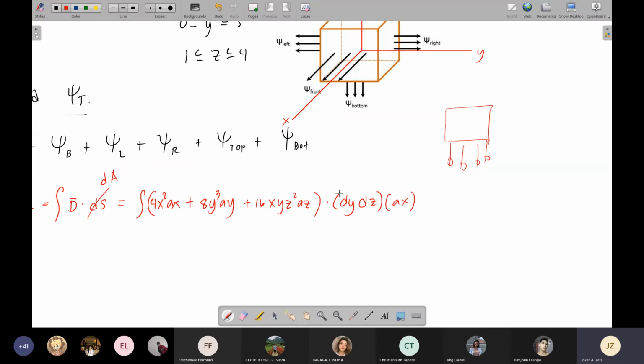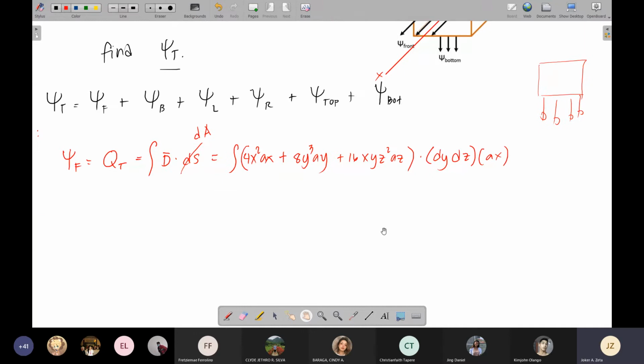Now, sir, what do we multiply here? Okay. First, we're going to distribute that product. This is just a simple dot product. The properties of multiplication can be applied in a dot product, so we can apply the distributive property. When we distribute this, you will have 4x squared ax